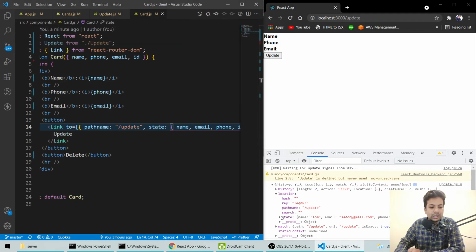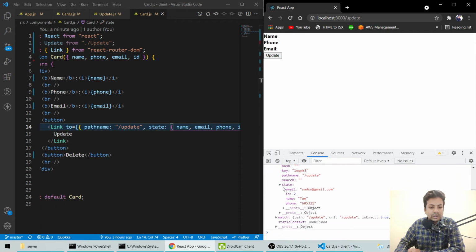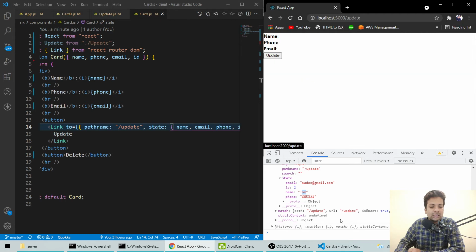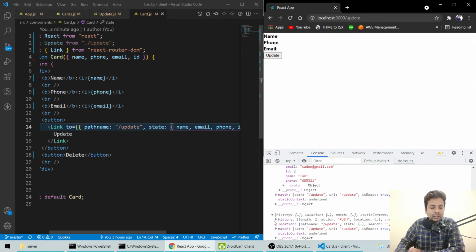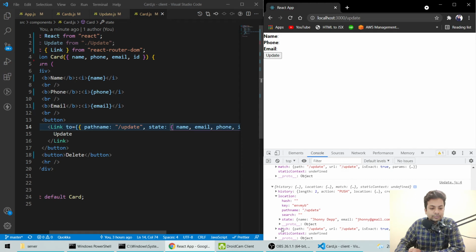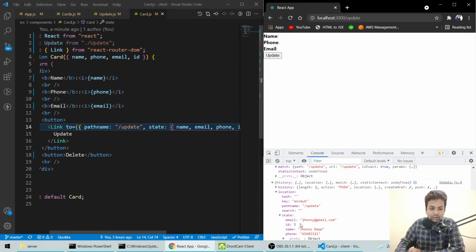So inside state we'll get the name, email, ID, and see we get the name Tom. Let me show you again. For Johnny Depp, if we click it, we'll get the location, state, and the name Johnny Depp. So this is how we can get data for updation.